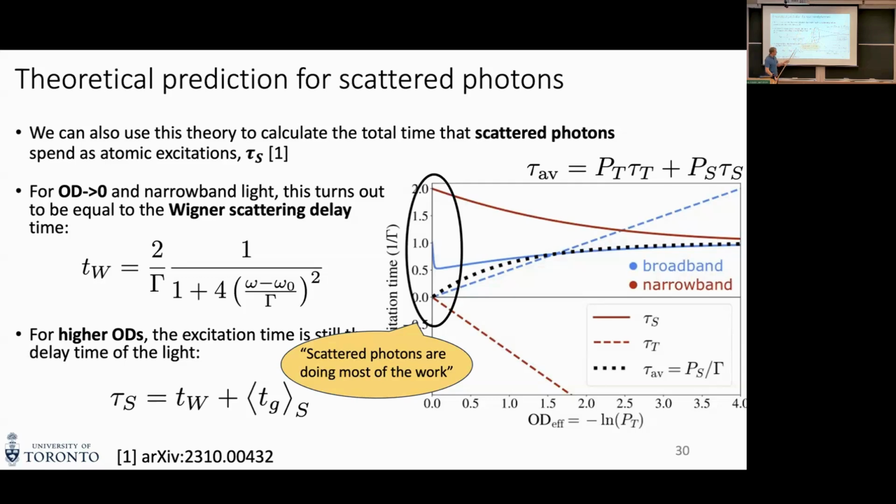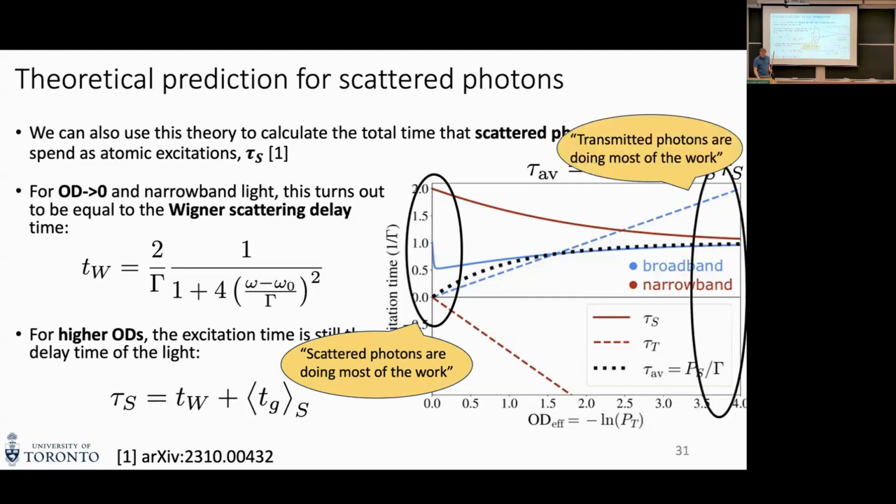So basically the probability of scattering here is very small because you have a super thin medium, but whenever you do scatter, that photon has a massively outsized effect. It's giving a much, much larger phase shift than the average photon. And so, we initially expected that this would be here and this would just be 0, but it follows the spirit of this intuition, if you will. And then if you look on the other end of things,